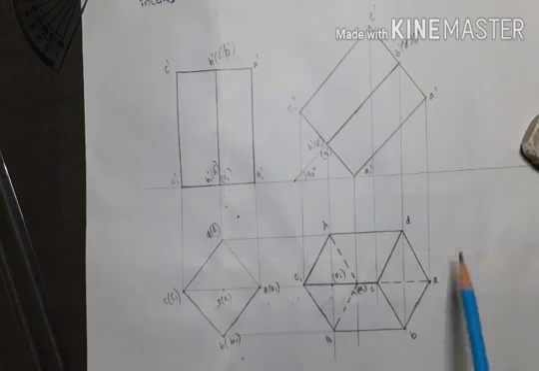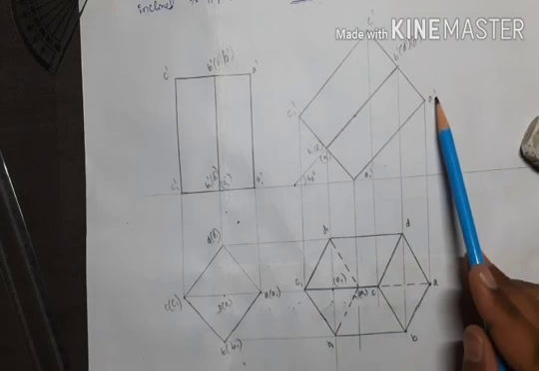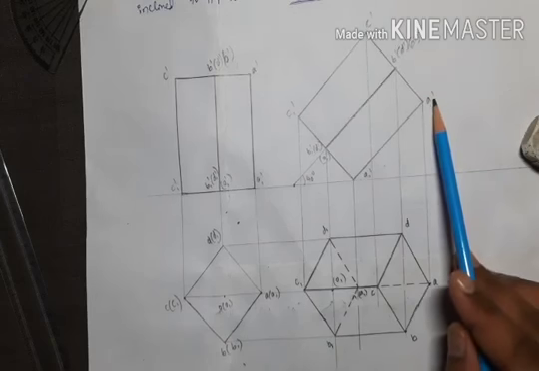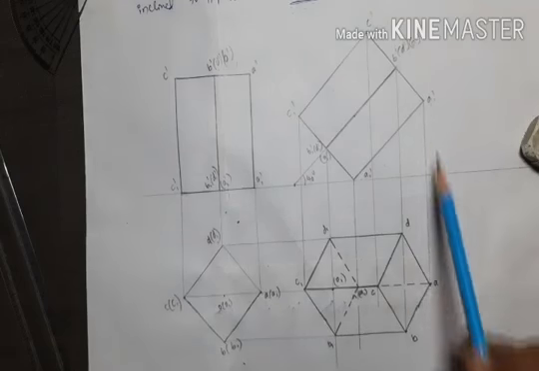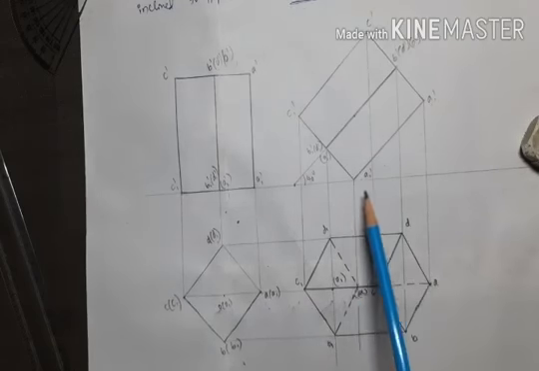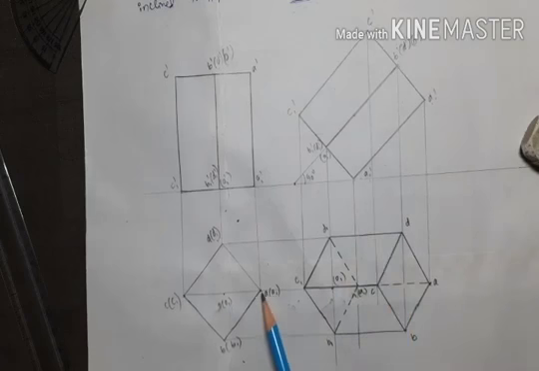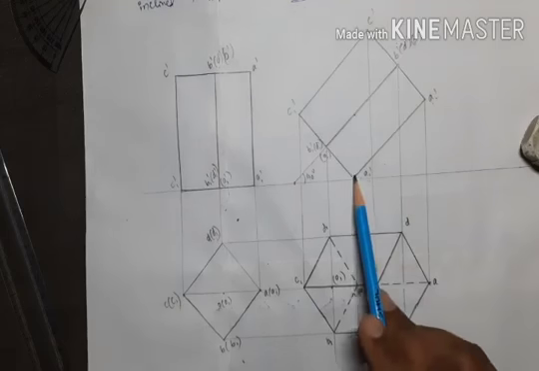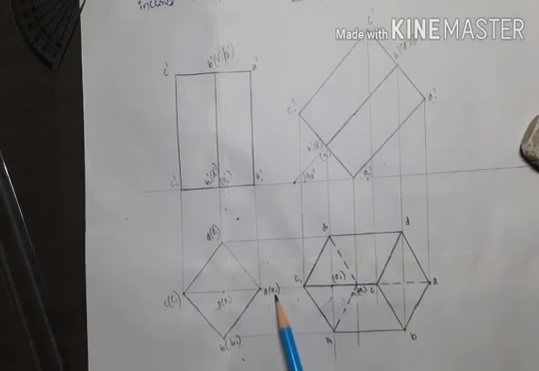So you have to match the points. You have A dash here. Here you have corresponding A dash in the front view, which means in the top view it will be A. Only A is here. This point matches here. If you look at this A1 dash in the front view, its corresponding point in the top view is A1, only A1. A1 is here. Again from this line, sorry, here. So this vertical line matches here. A1 dash, top view is A1. A1 is here. So this is A1.